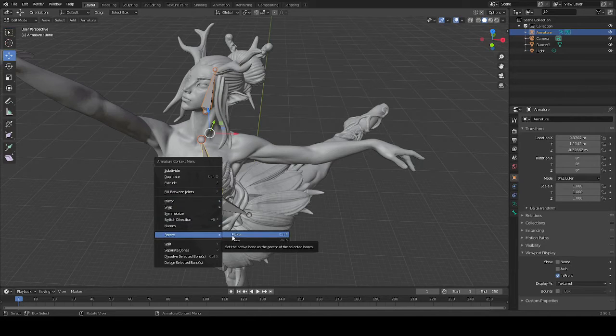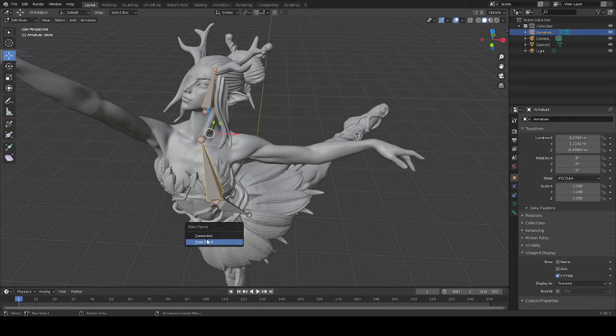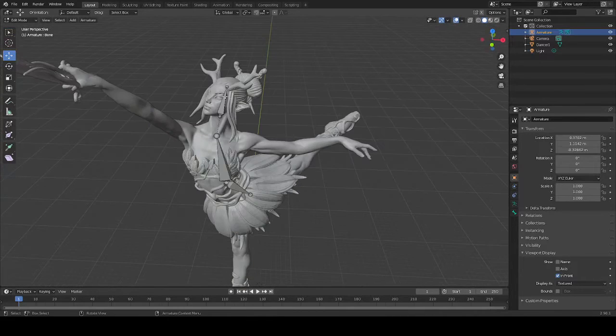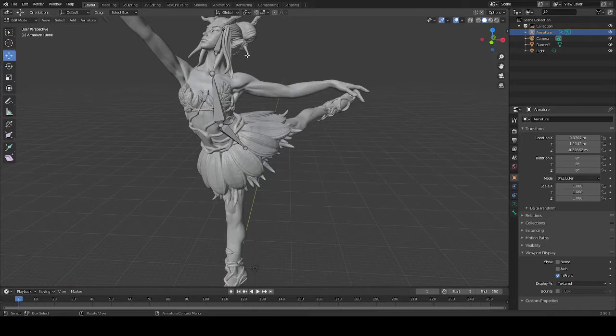You can also use Control P to make this faster. And we're going to select keep offset. You know you've done it right when you have a little bit of a dotted line connecting two points in bones. So now you have the ability to rotate the head and have her look any which way, and